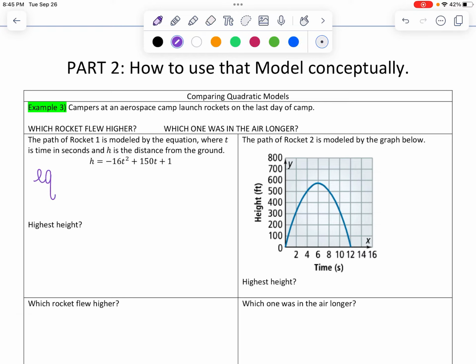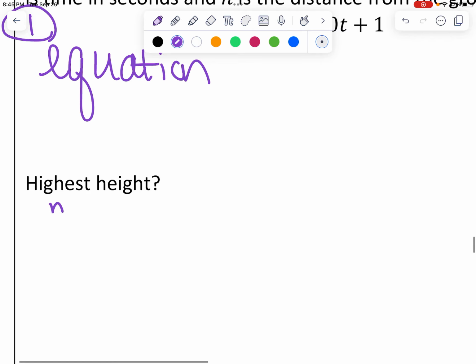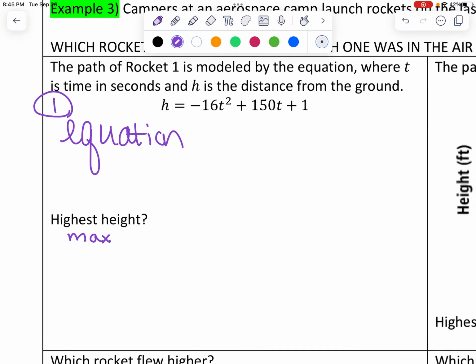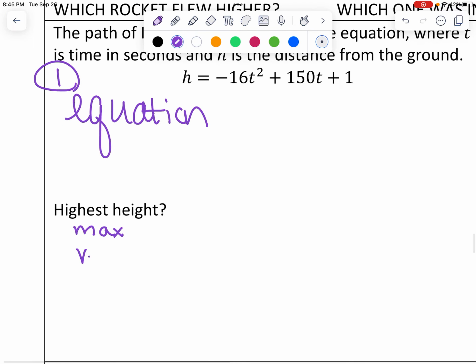So this one is with an equation, which is a model, and this one's with a graph. So we have 2 different rockets, rocket number 1, rocket number 2. The highest height, well, that's just a really fancy way of saying maximum. So let's focus on rocket number 1. Yesterday, we learned that means just find your vertex, okay? Highest max vertex. That's opposite b over 2a,